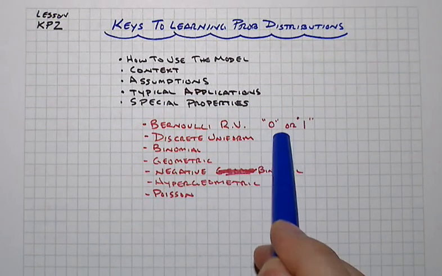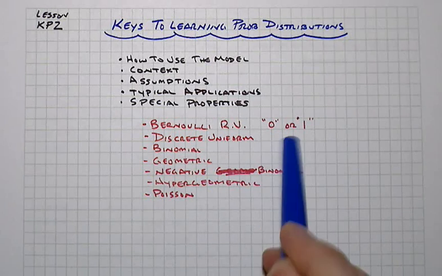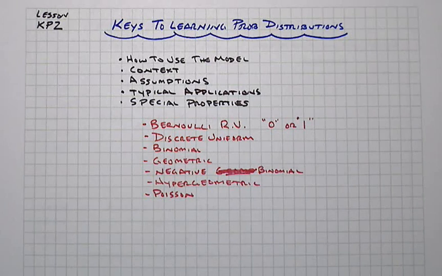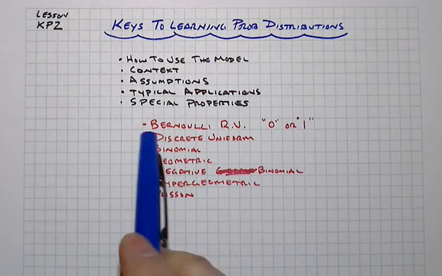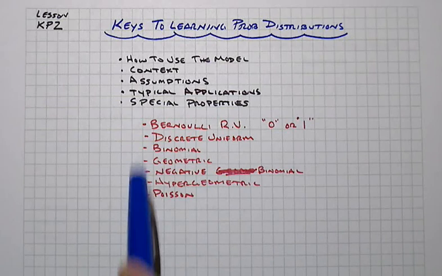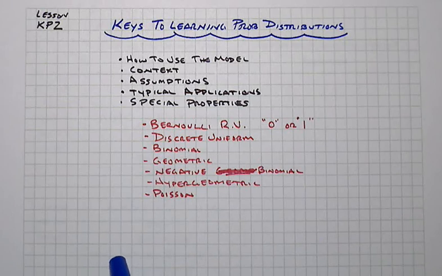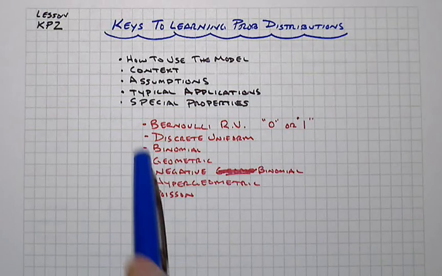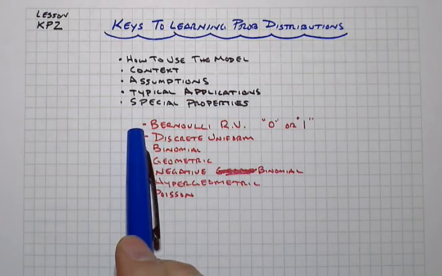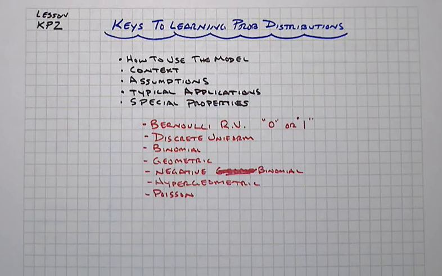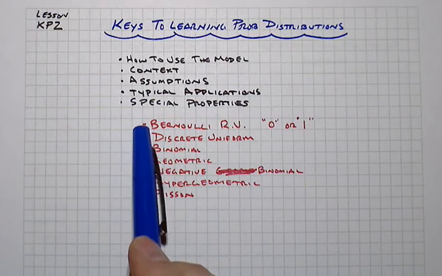It just simply means that there are only two possible outcomes, and you're going to see that notion come back over and over, not only in the variety of different distributions that you see here. Not all of them are going to be like that, but many of them will start with the basis of a Bernoulli random variable and then work from there. We'll see the Bernoulli random variable concept come back to us over and over throughout the entire course. So having some concrete idea of what that is, and that's really more of a self-study item to find out more about,